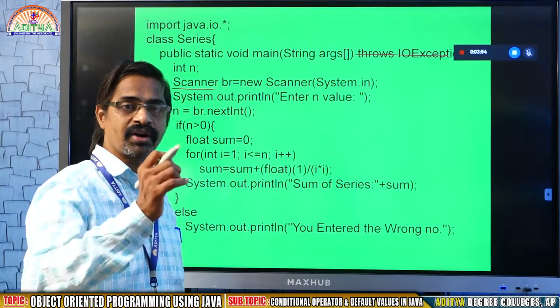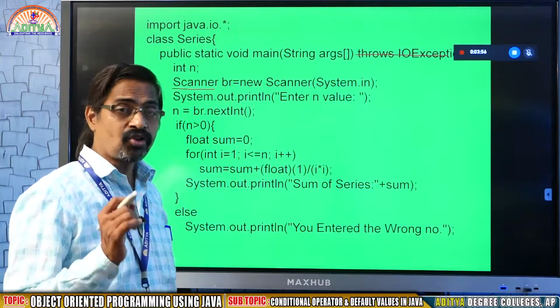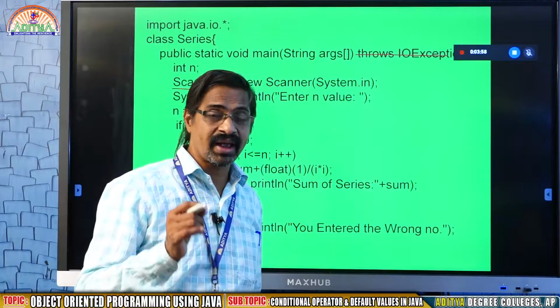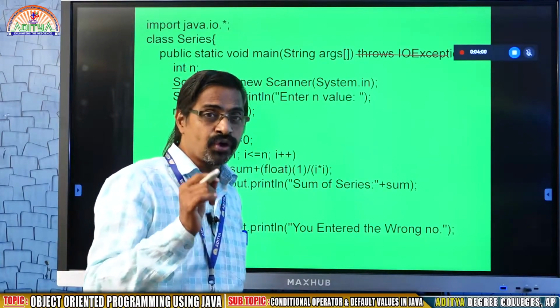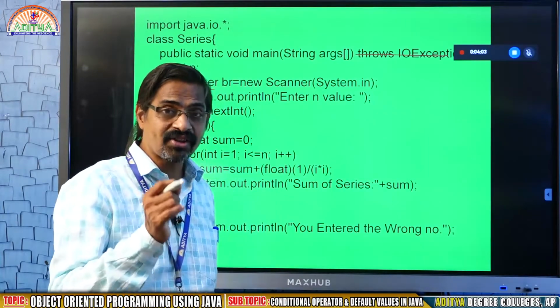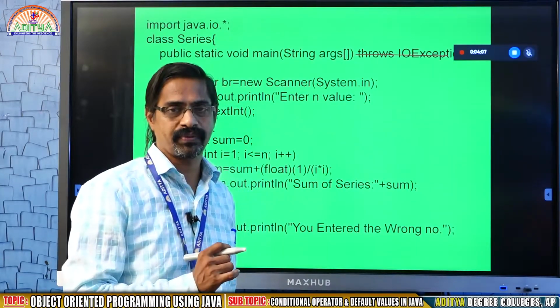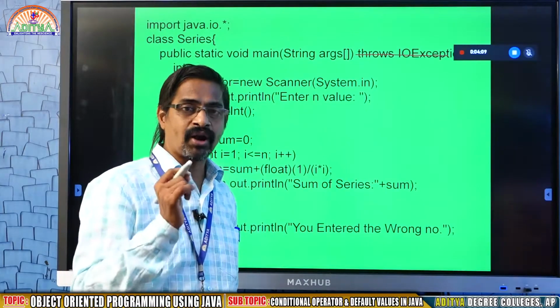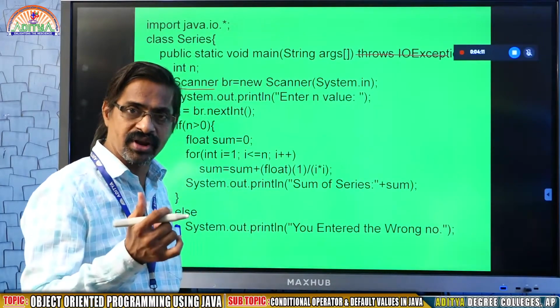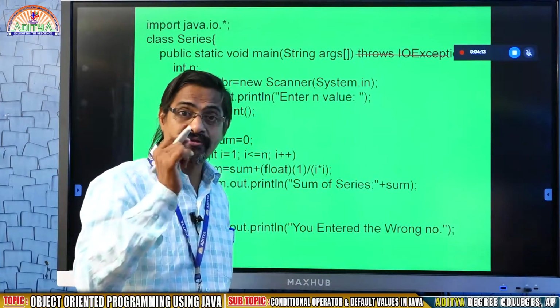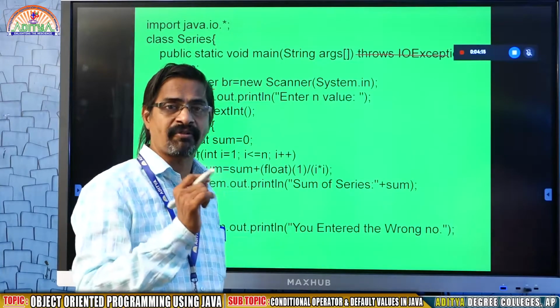I told you already, because BufferedReader is a class that is useful to read characters or strings from a file, not from the keyboard. BufferedReader allows you to read strings from a file.